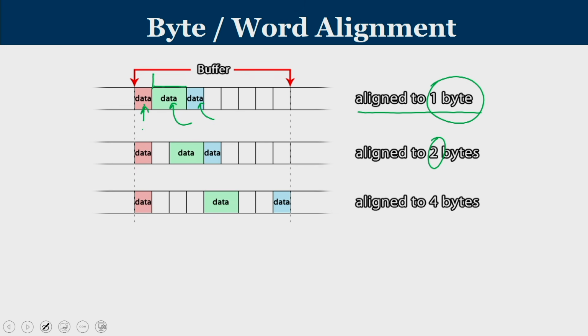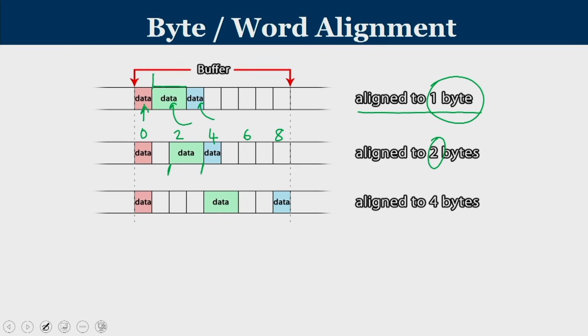So, I can start a data at 0th byte, 2nd byte, 4th byte, 6th byte, 8th byte, like that. That is called alignment of 2. So, if my first data is 1 byte, let us say I am going to store at byte number 0, but byte number 1 I cannot store a data because every new data starts at multiples of 2 bytes. So, the data which is green, which is of size 2 bytes, will start only at 2, and it takes 2 bytes. Now, the blue one is another data which is of 1 byte storage, and it can easily start at 4 because 4 is permitted.